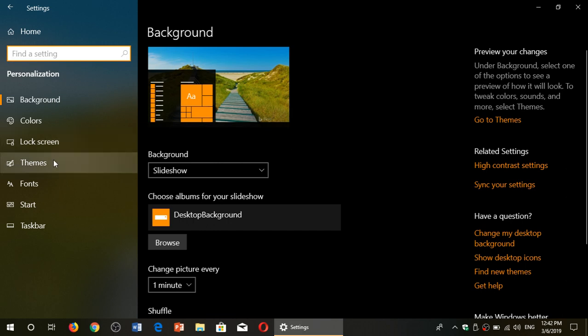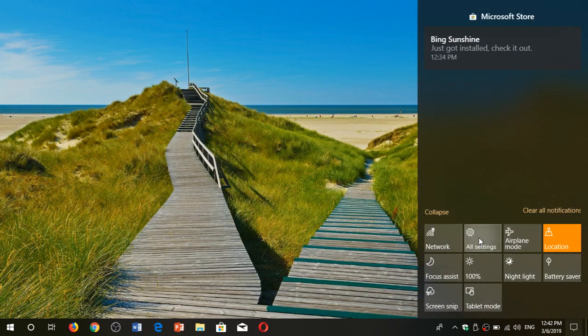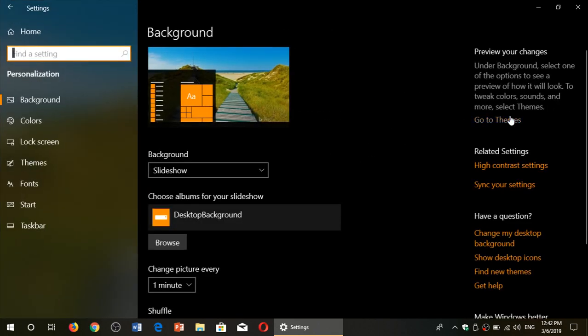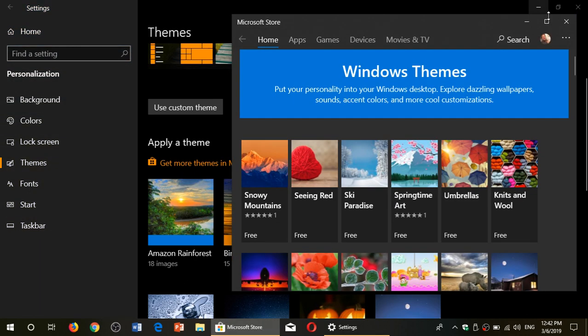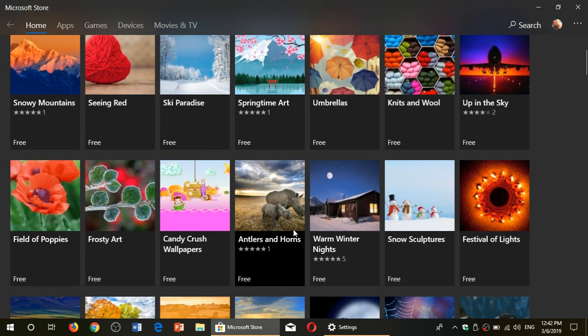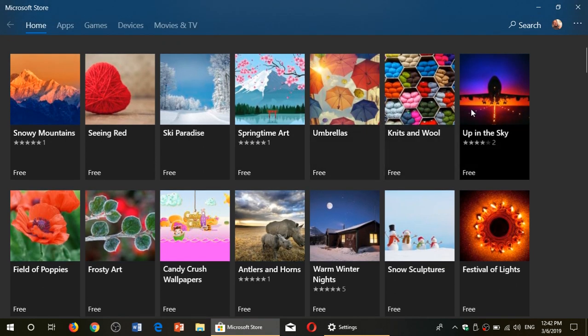So once again, if you want to download themes and use them, all you have to do is go into your settings, go into personalization, and on the left side you'll go to themes. Here at the top it says apply a theme. Just below it says get more themes in Microsoft Store. So you click there, it brings you to the Microsoft Store. In the Microsoft Store, you'll see all the themes. What you do is you look at the themes, whatever you want to have. You just click it,